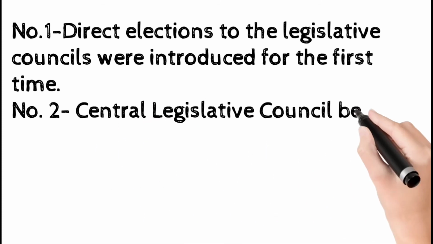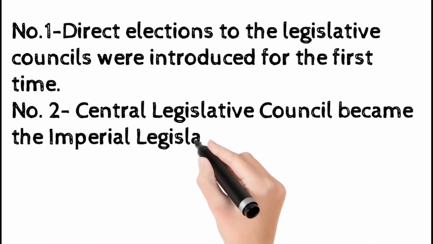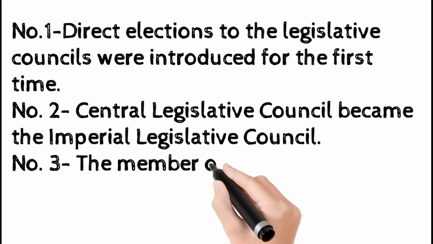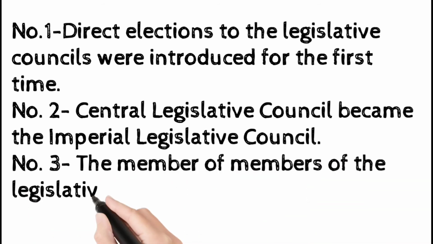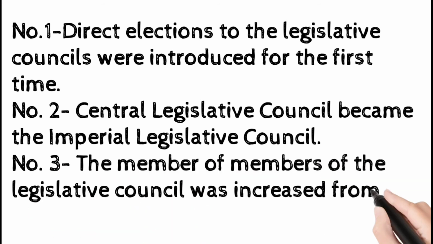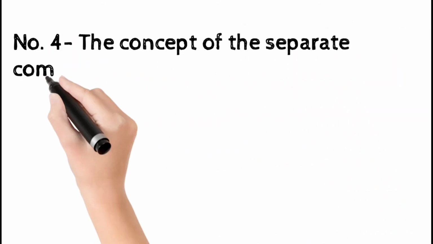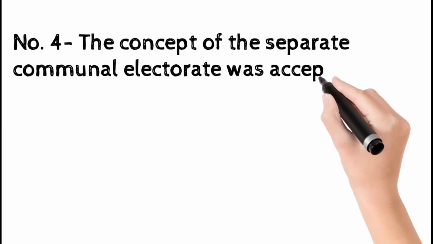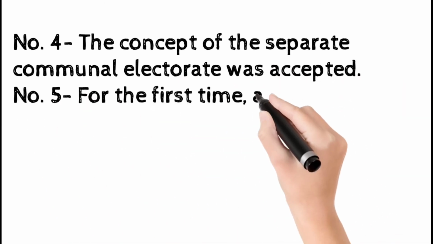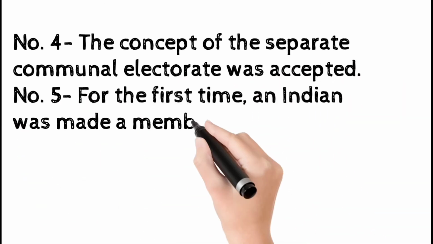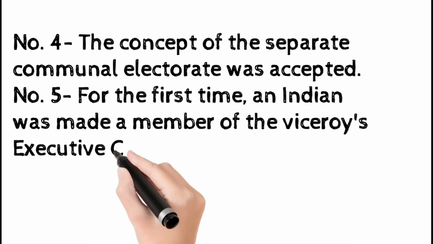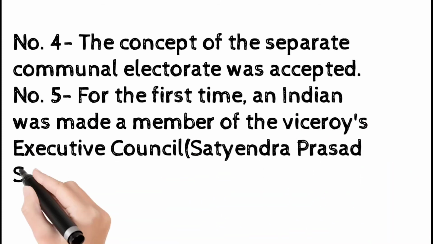Central Legislative Council became the Imperial Legislative Council. Number 3. The members of the Legislative Council were increased from 16 to 60. Number 4. The concept of the separate communal electorate was accepted. Number 5. For the first time, an Indian was made a member of the Viceroy's Executive Council,